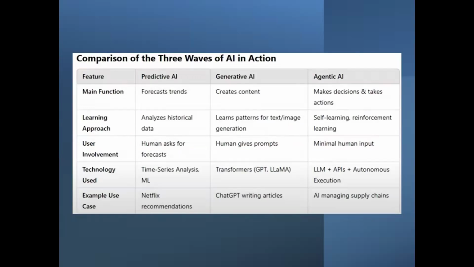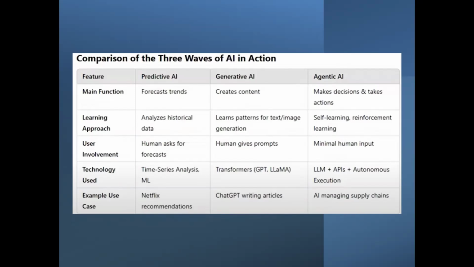So these are some comparisons between the three waves. The main function in predictive AI is forecasting, generative AI just creates new content, and agentic AI makes decisions and takes actions. The learning approach is analyzing historical data in predictive AI, generative AI learns patterns for text and image generation, and agentic AI is basically self-learning.